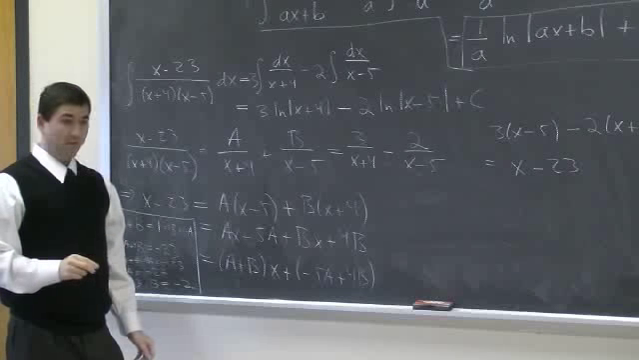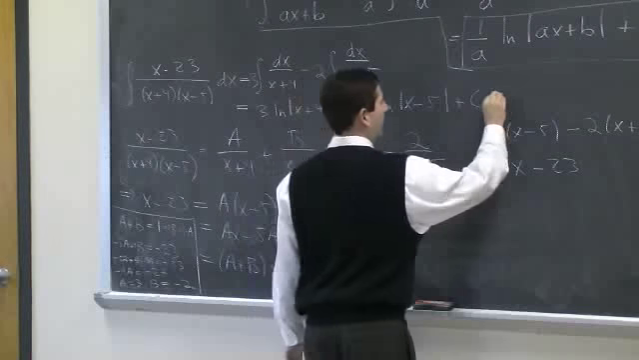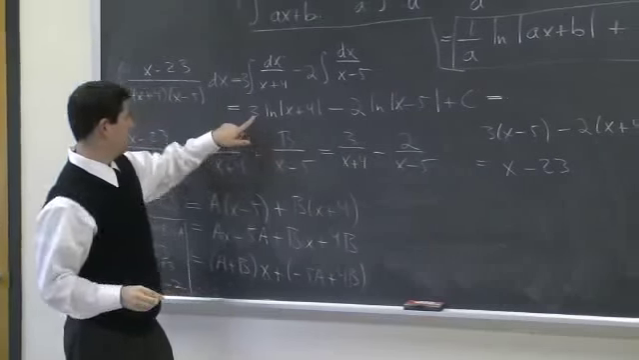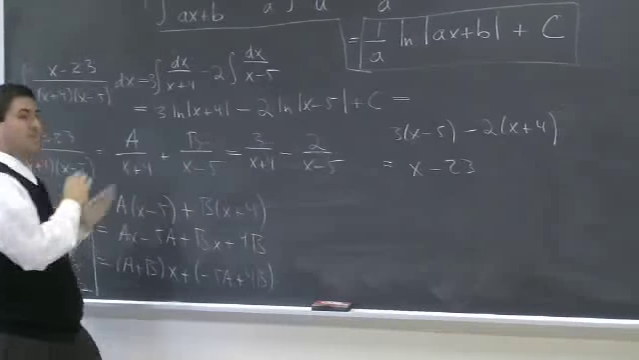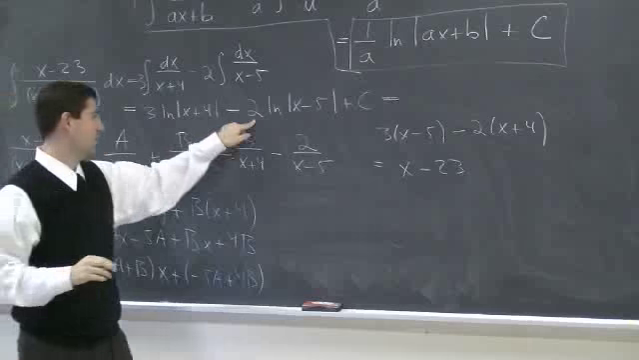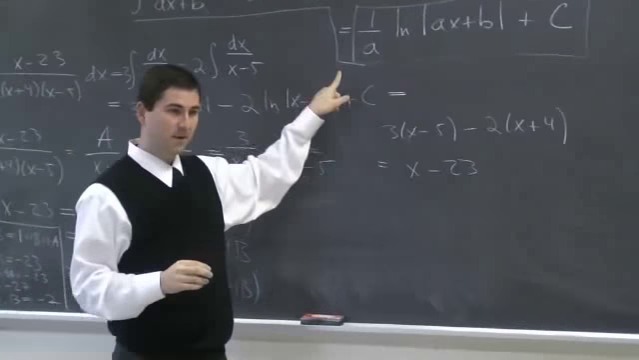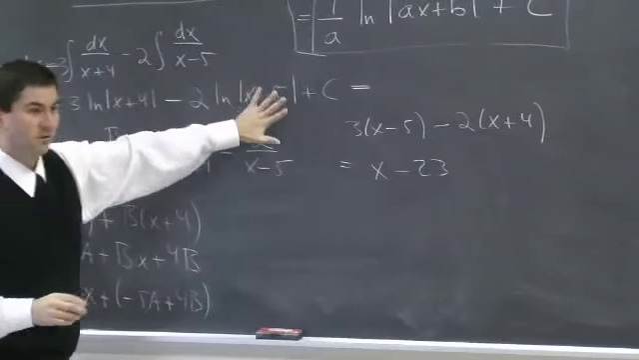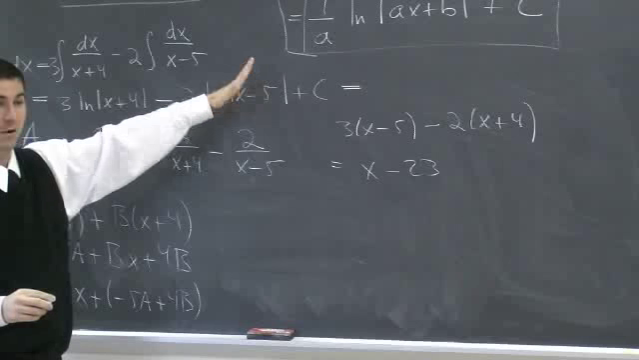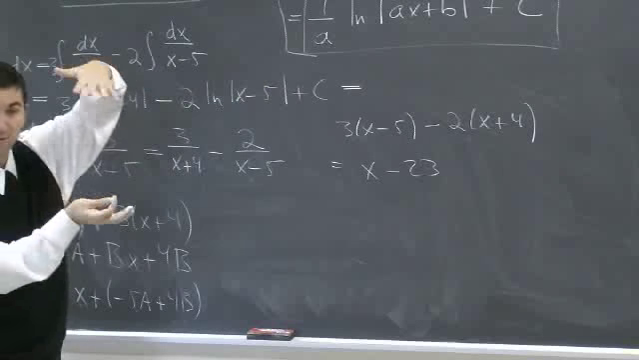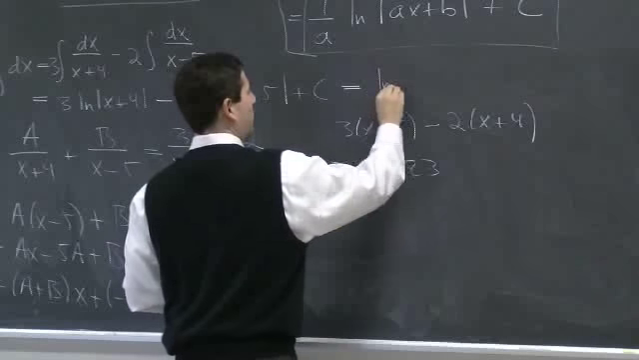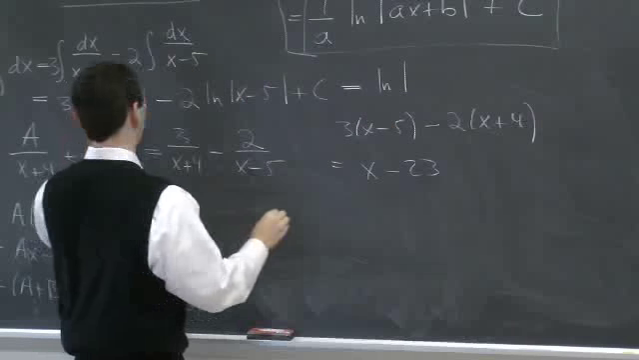And if you're into the whole brevity thing, you can take this 3, fire that up. Take this 2, fire that up. Then you have a log minus a log. And what can you do? You can turn it into a quotient, right? So you can actually make this one logarithm, absolute value of x plus 4